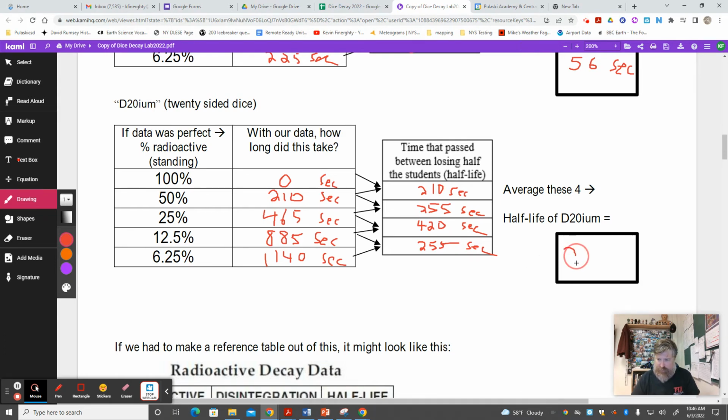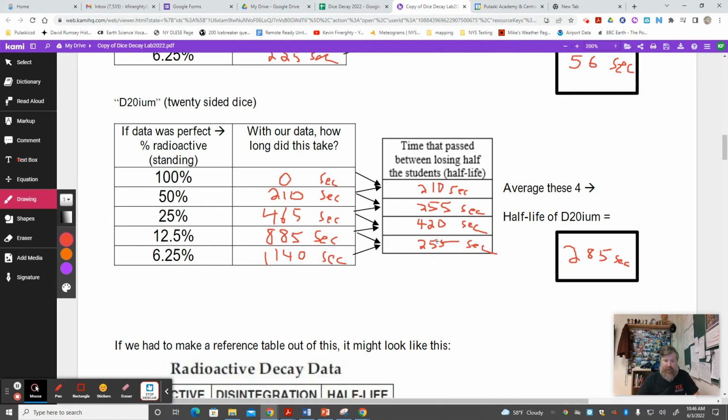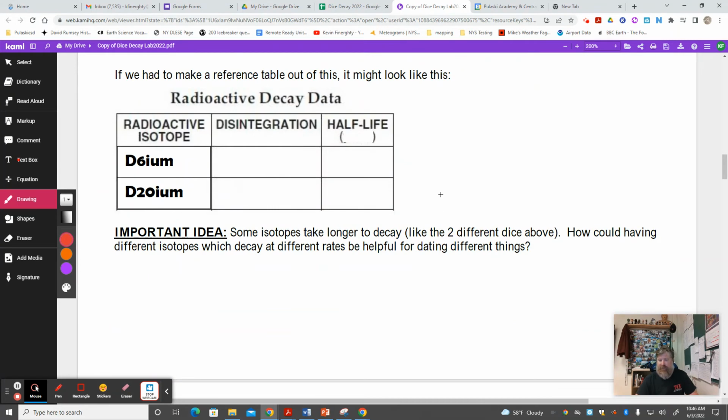Comes out to about every 285 seconds, we should lose half of the D20. All right. So random occurrences, you lose half at a very predictable rate, even if we had a bit of an anomaly this year. We'll try again next year. Come on back. So if we had to make a reference table out of this, it might feel silly, but I do it so that we really see